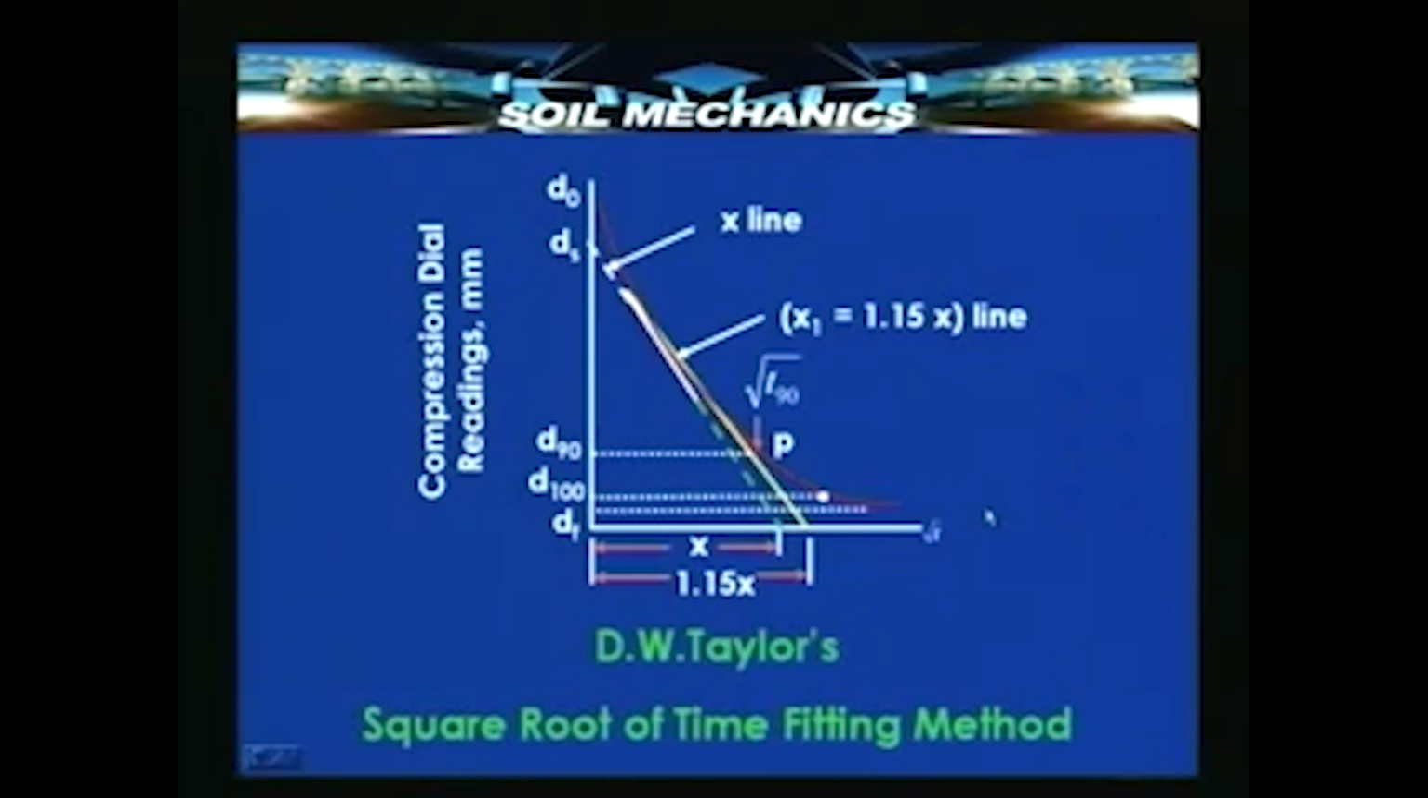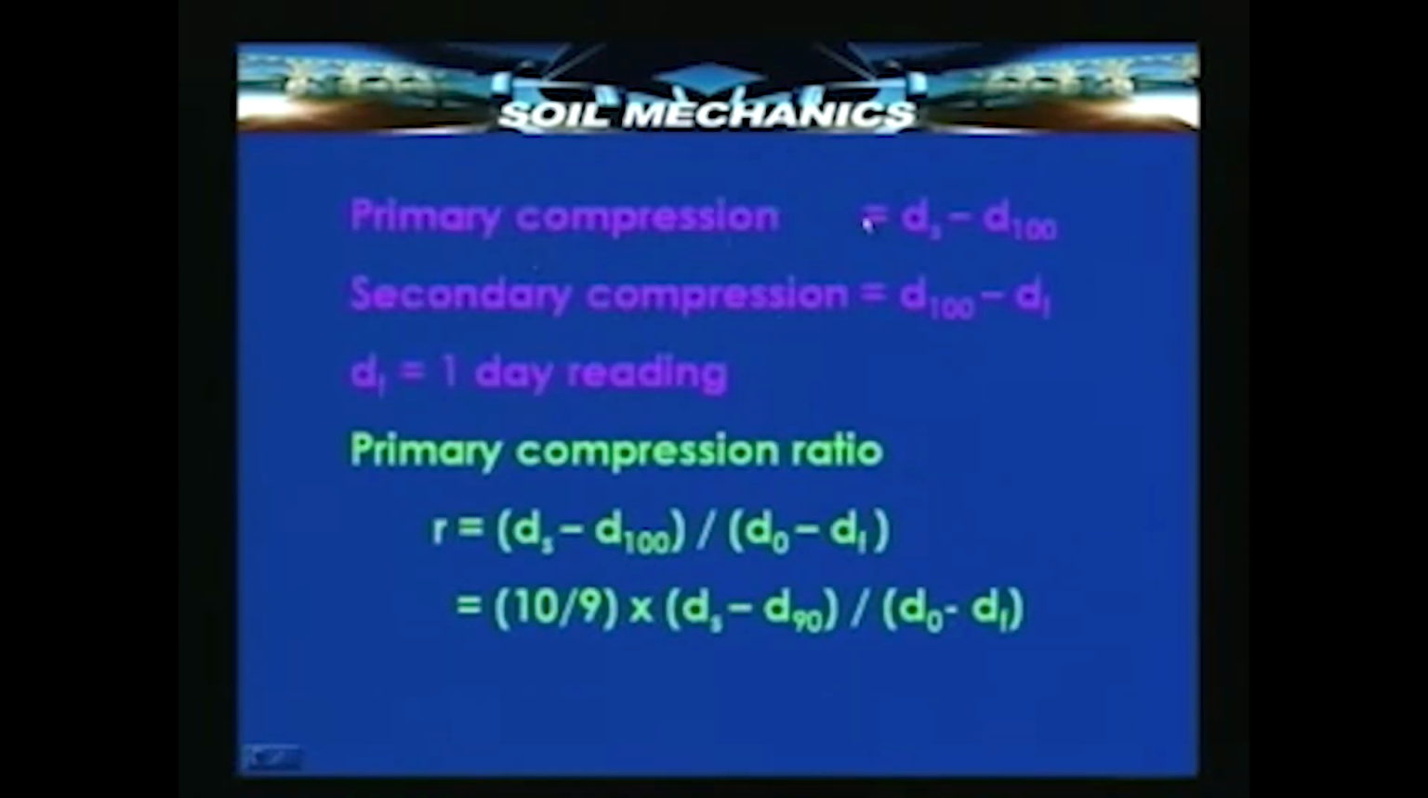change in void ratios. So, the dial gauge reading ds to d100 represents the primary consolidation, whereas d100 to df represents the secondary compression, and df usually is taken about a day after this 100% consolidation can be considered to be over. That is, after the dial gauge readings have become practically stable, constant, we take that as the point corresponding to D100 and then wait for about 24 hours,